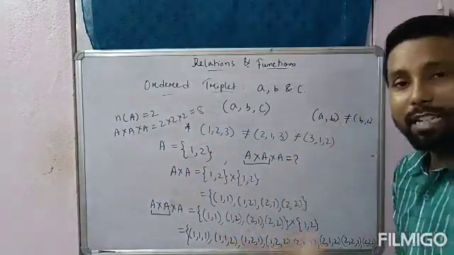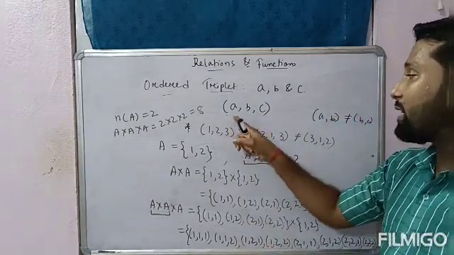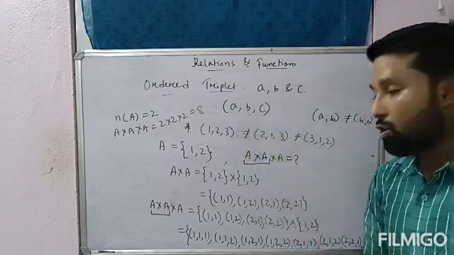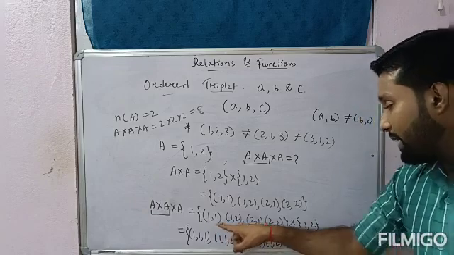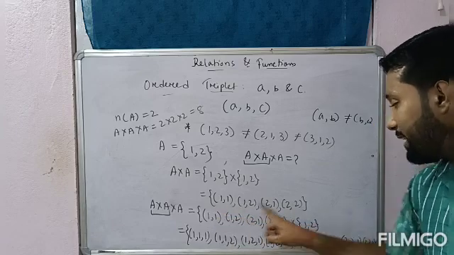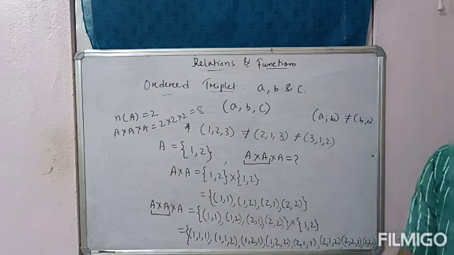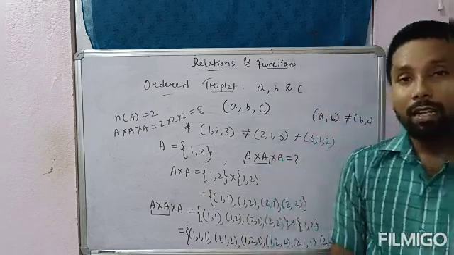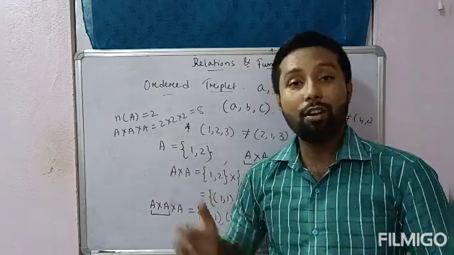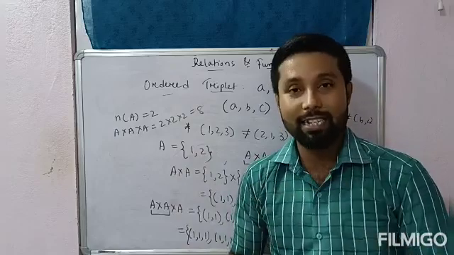Okay, normal expansion, normal multiplication जैसे किया जाता है वैसा ही है, but you have to represent in the form of all the possible pairs. You have to represent in the form of (a, b, c). Look at here, (1, 1) into 1, that is (1, 1, 1). Again (1, 1) into 2, that is (1, 1, 2). Like this you have to proceed. Okay, so these are the basic things you have to remember, because these things will be required in this chapter, relations and function. Till now I have not started the main part of relations and function.